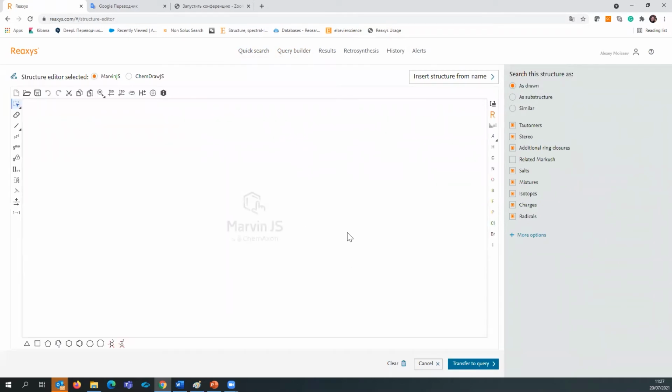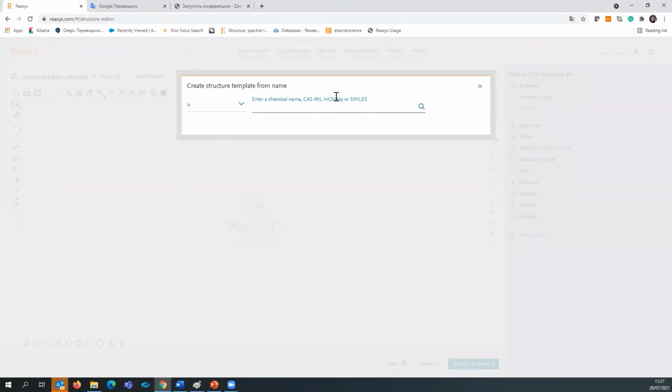In structure editor, you're able to insert structure from name. Click to insert structure from name using CAS number or chemical name or SMILES or some other way of the identification of substance. We can place here our substance, for example, propylene,